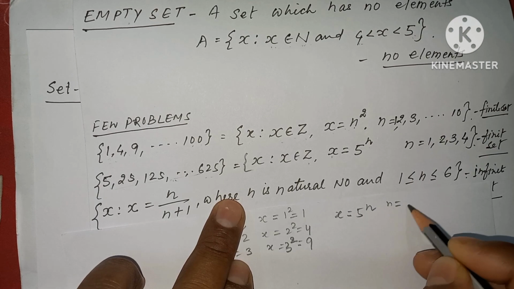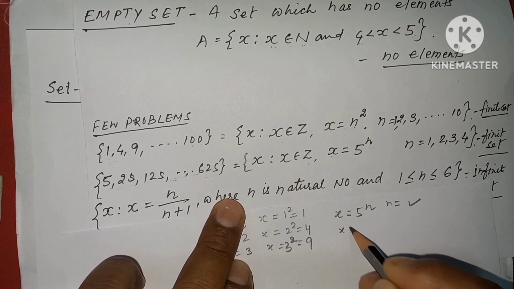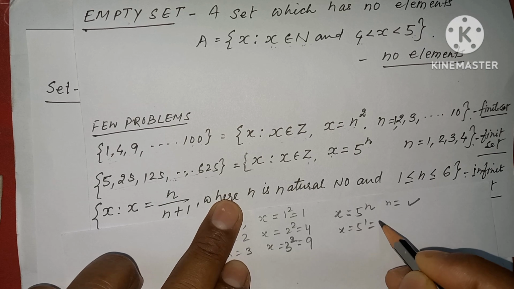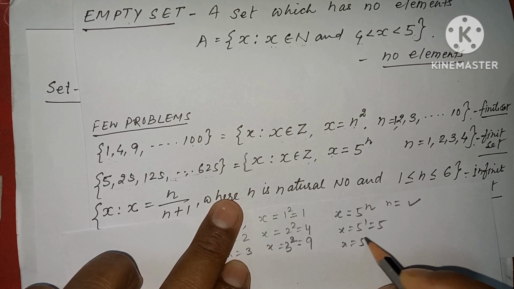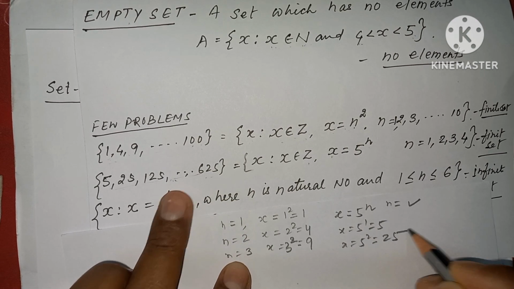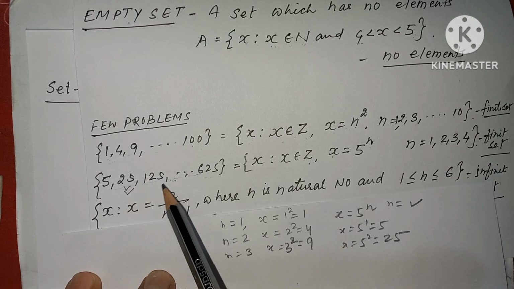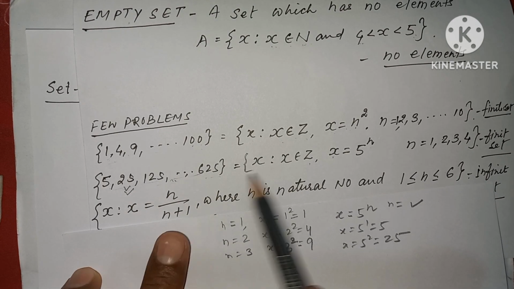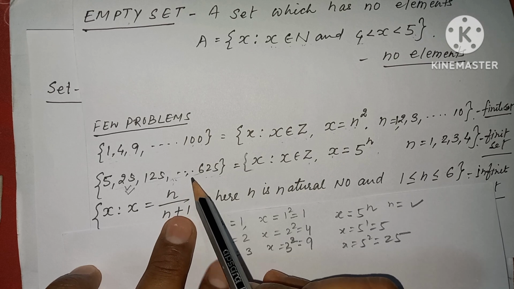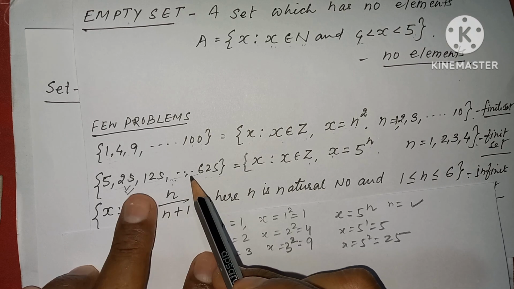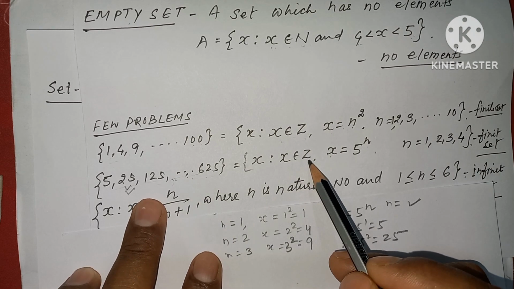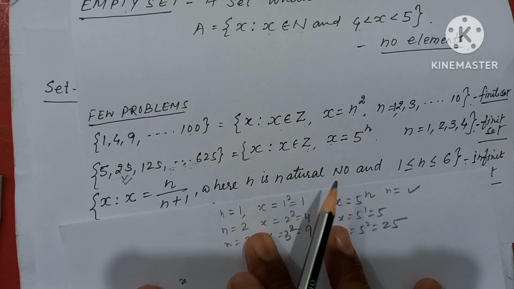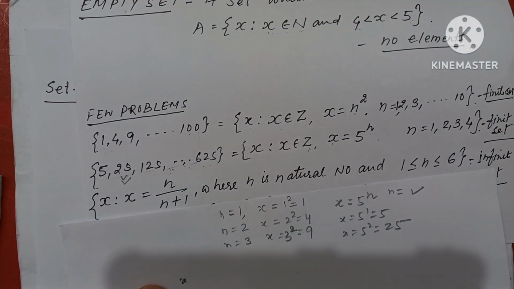We can put n its value, n equal to 1, so we get 5 to the power 1 is equal to 5, 5 to the power 2 equal to 25. So this way we can write down the elements of this. So these are the same set. This is written in roster form. This is written in set builder form. Similarly, we can understand